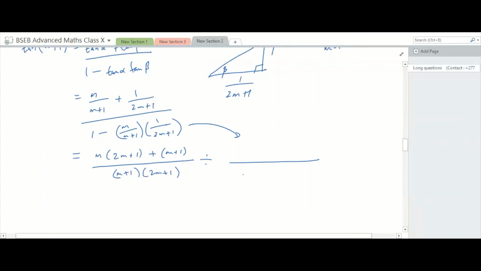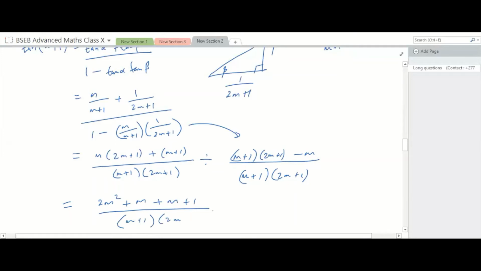So what you can say is m plus 1 into 2m plus 1, and the top will be m plus 1 into 2m plus 1 minus m, which is equal to 2m squared plus, simplifying this, 2m squared plus m plus 1 over m plus 1 2m plus 1 times m plus 1 2m plus 1 over